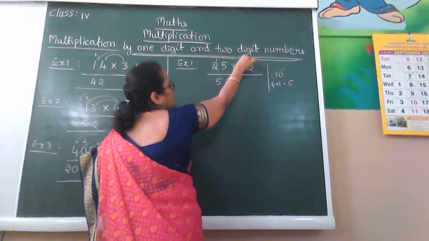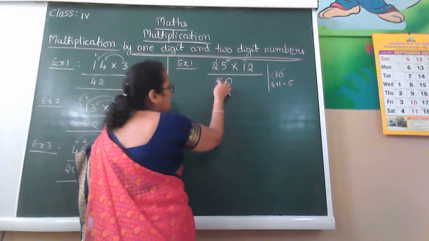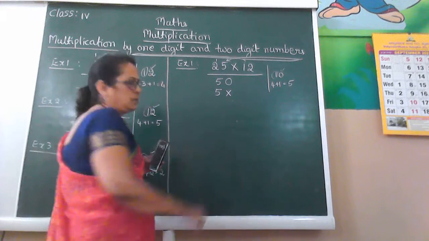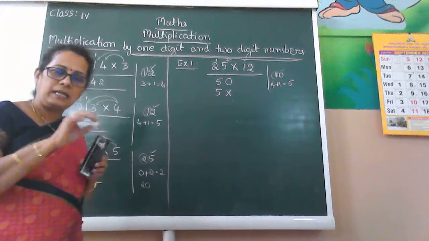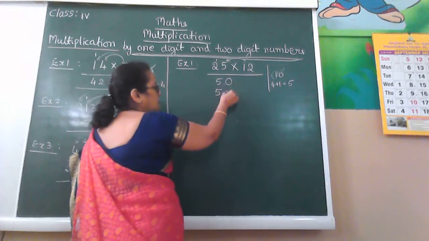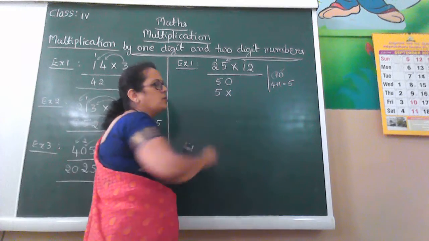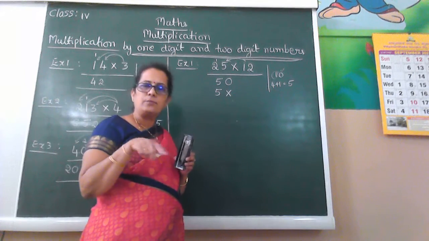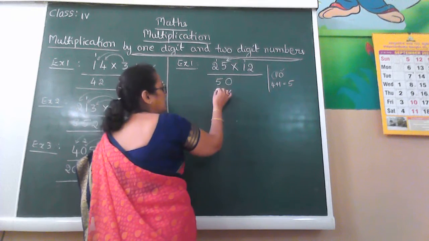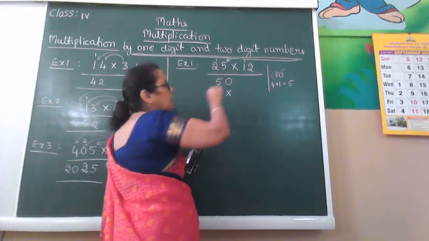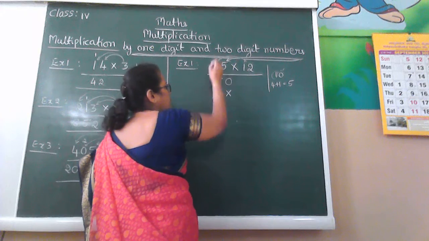See here, 1 five is how much? It is 5. We should write it below 5. So the first number should have the multiplication sign below it. You should not write any number below 0. You multiply, put the multiply sign. Then 1 five is 5. Write 5 as it is here. Then 1 two is 2.